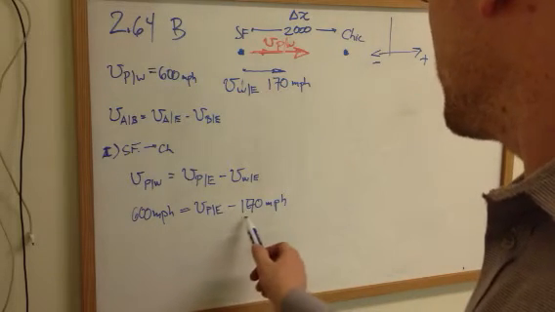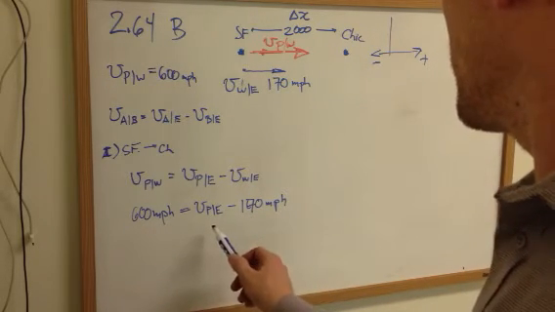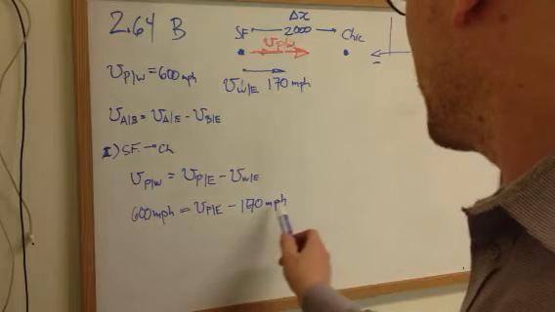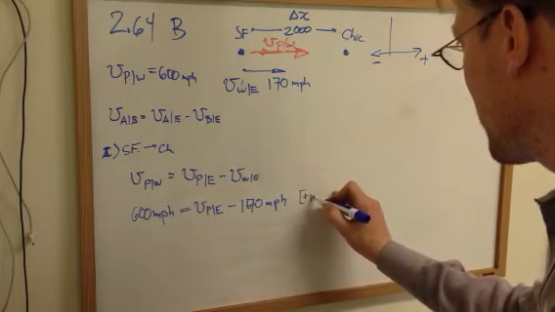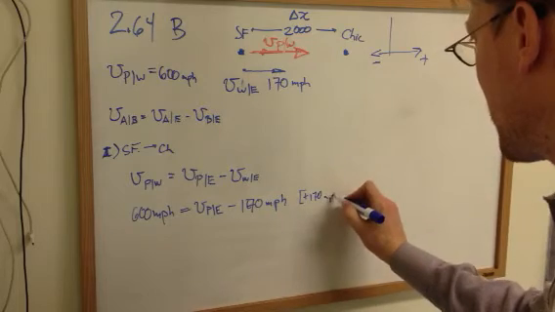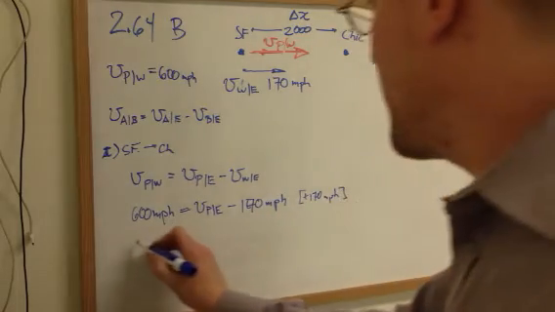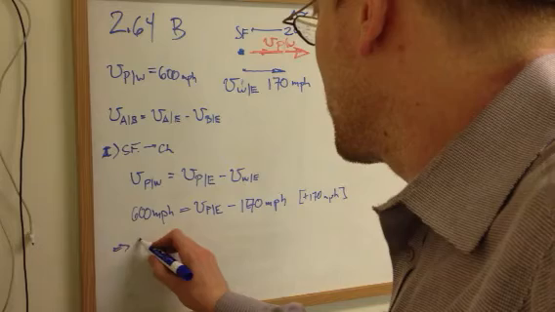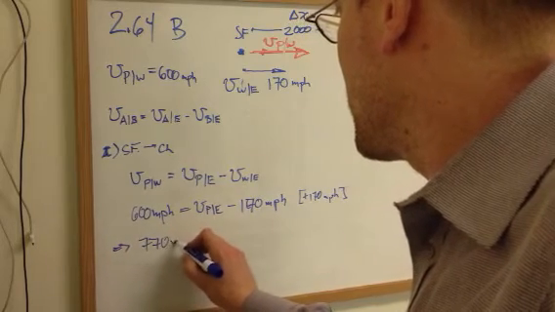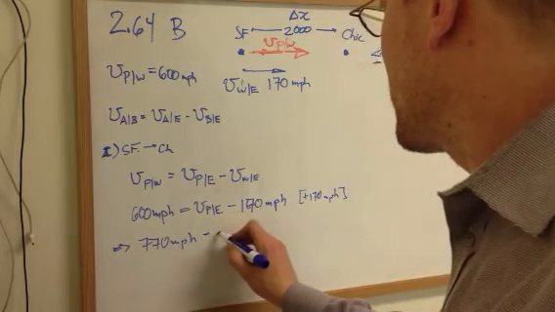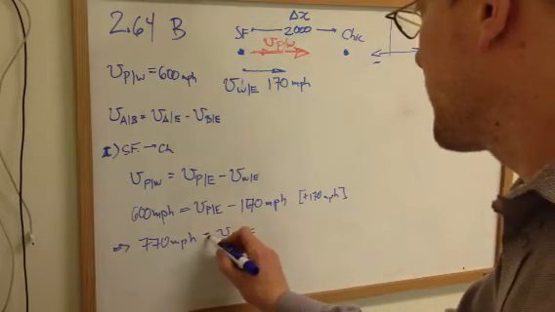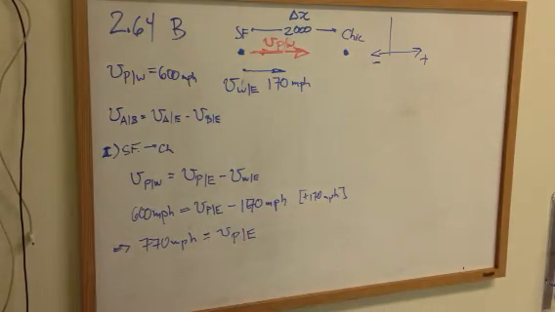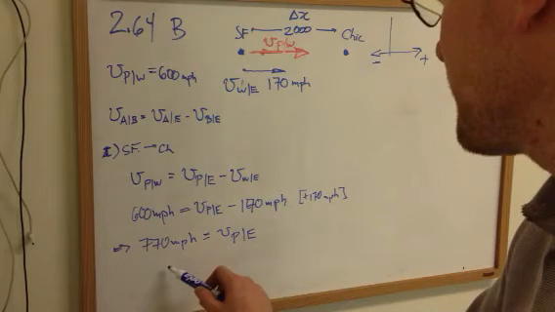So it's not surprising that if we add 170 to both sides, the airplane is traveling very quickly relative to the Earth, and you can use a simple kinematic equation